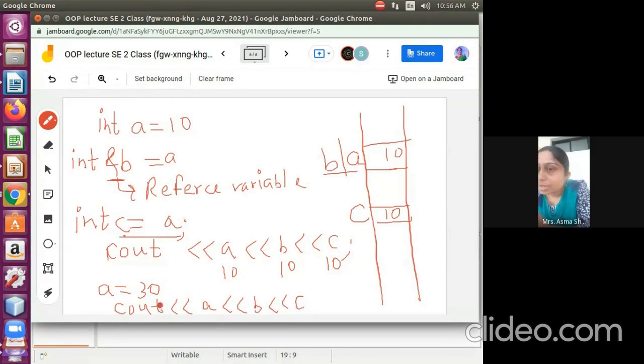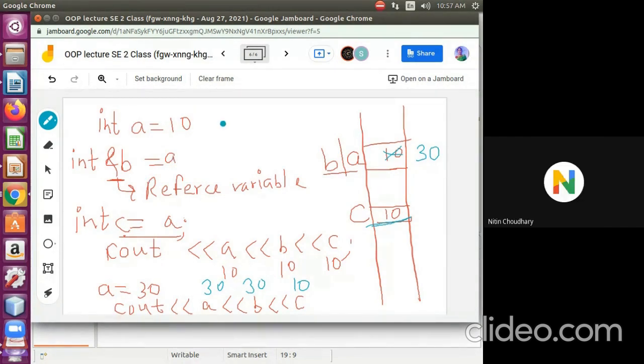So if you see this, you can observe one thing. Now I changed A's value. What happened now? A's value is modified to 30. But C's value is as it is because I'm not again assigning C to something. So the result is A is 30. B is accessing the same memory location, so B is also 30. And C is 10 because C is in another location. So C is 10. The same thing we are getting. So now it's okay? Understood or not?